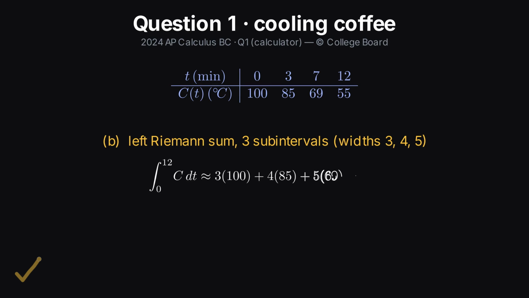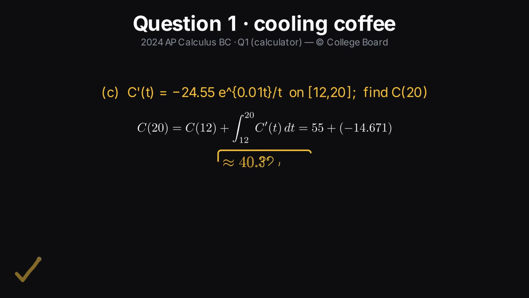Part B. A left Riemann sum with the 3 given subintervals, widths 3, 4, and 5, gives 3 times 100 plus 4 times 85 plus 5 times 69, 985. Divided by 12, that's the average temperature over the 12 minutes. Part C. Now c prime equals negative 24.55 e to the 0.01 t over t. The temperature at 20 is c of 12 plus the integral from 12 to 20, 55 minus 14.67, about 40.33